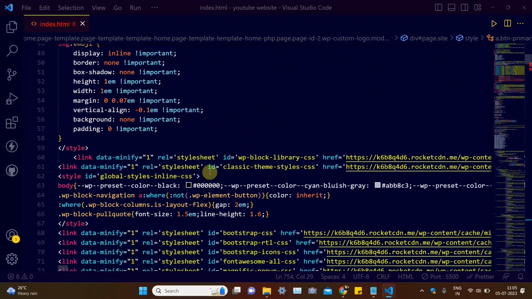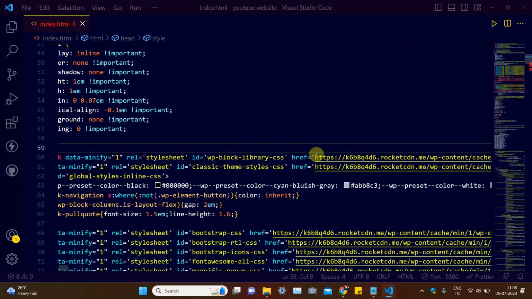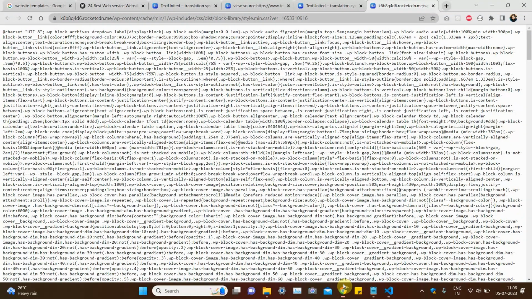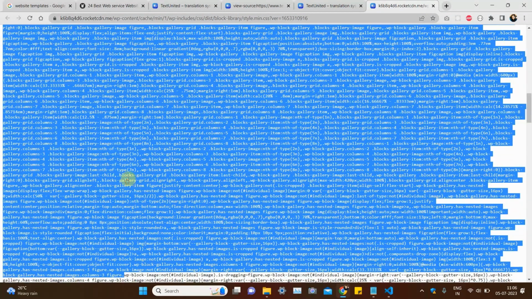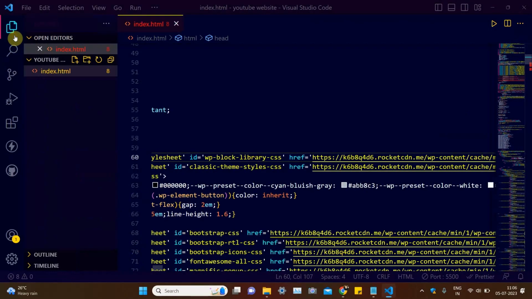So there is a link called stylesheet. Here is the CSS styling. Press Ctrl and then click on it. It will redirect to the CSS page like this. So this is the CSS styling, which you can copy with Control A and C, the whole code, and you can make a style sheet here